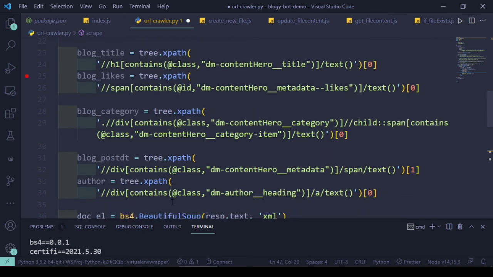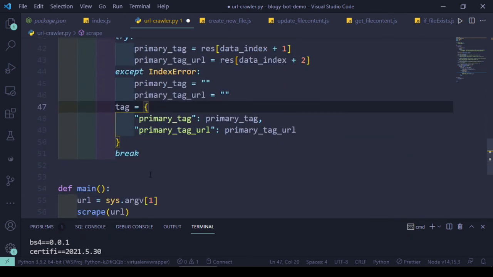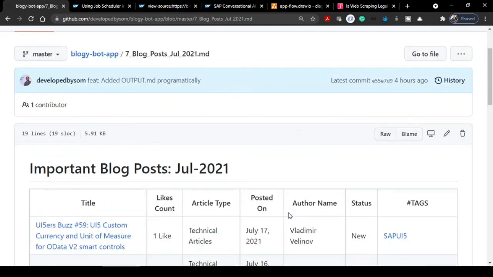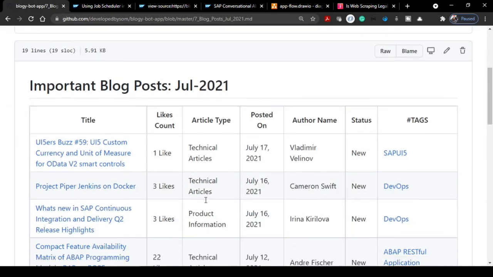Cool. So all the information I need, I have grabbed now. The only thing is I have to concatenate it all and create a format like we have seen in our GitHub document. Let's go to our GitHub document once again. So this is one of the things.